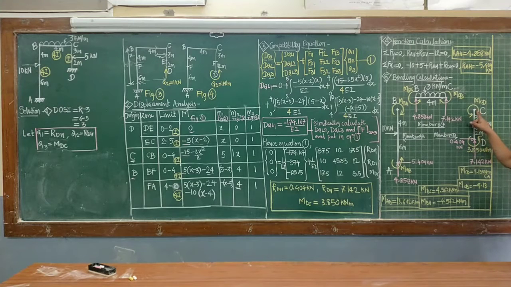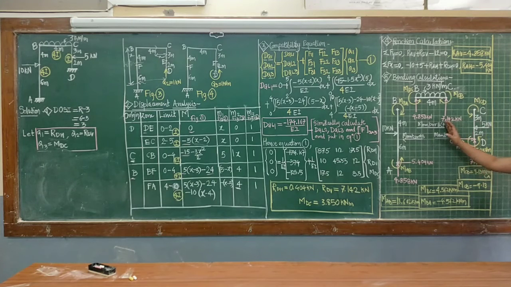Now the moment at support C is unknown; there is no need to calculate the reactions at support C because we have all the reactions calculated initially. So now it's only regarding the moment. Here at support D, you have to show all the things, but at supports B and C, there is no need to show those reactions. At support C, we are interested in calculating this moment MCD. So take the moment about support C, write the equation, and you will get the value MCD as 9.13. MCD and MCB will have the same magnitude and opposite direction, therefore MCB will be minus 9.13.